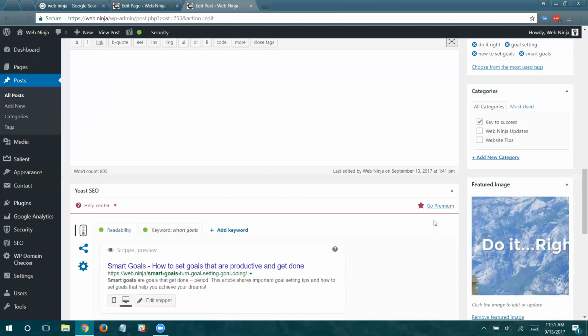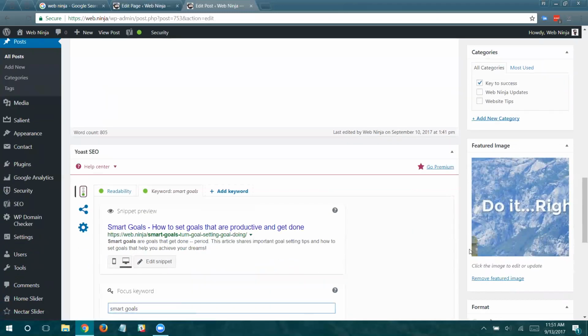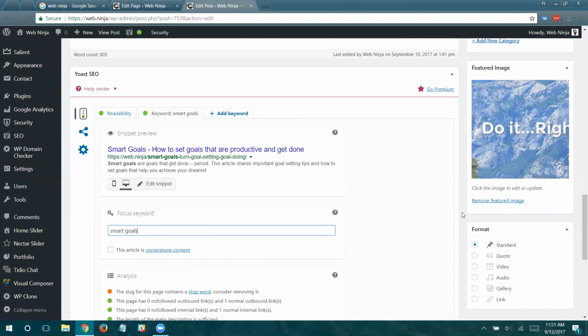I was actually going to do it all about this phrase from my childhood, do it right now, which is basically do it right, and do it right now. And by doing a little search for that and landing on SMART goals, I was actually able to write this article intentionally in a way that I could have my phrase as well as a search engine friendly phrase at the same time. And that's a really important way to go with your articles.